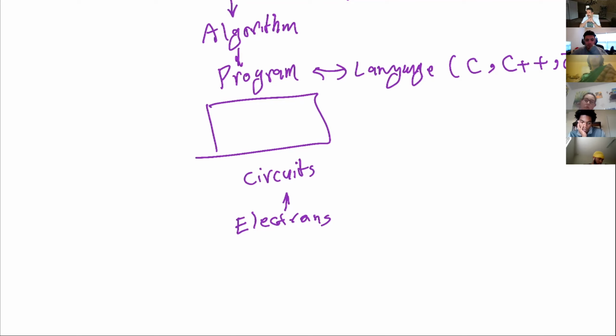Yeah, obviously you can do that. You can spend a lot of time translating your fancy program into a set of logical instructions, and then find a way to execute